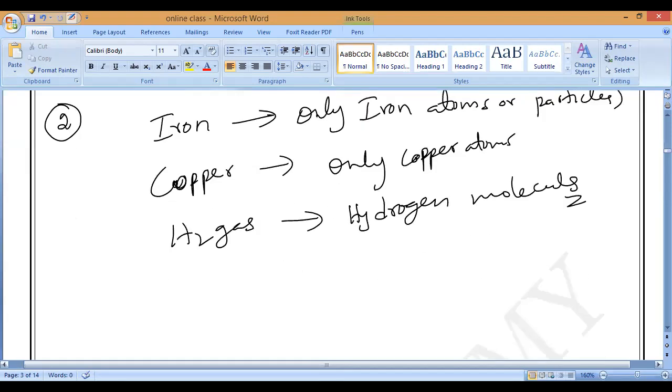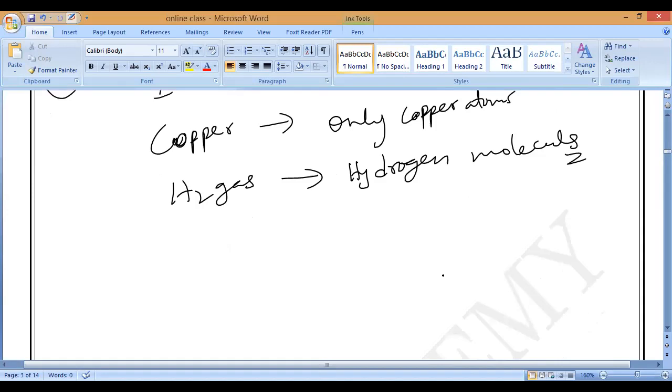Like that, if you observe any element, what is the second property of elements? An element is not possible to split up into two or more simpler substances. What is the reason behind it? Because it is made up of only one kind of atoms. That is why we can say an element is a substance which is made up of only one kind of atoms. This is another simple definition of element. They will ask you the question, so please all of you remember. Write the question: why is an element not possible to split?